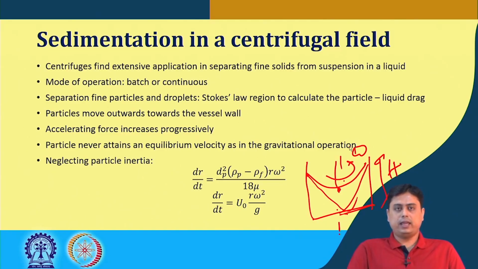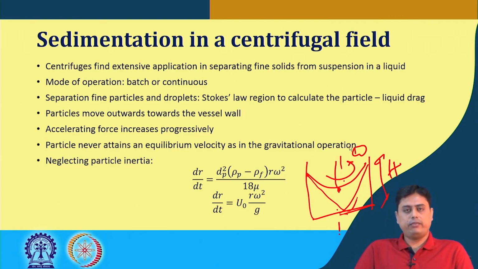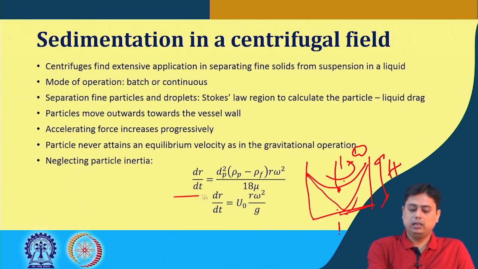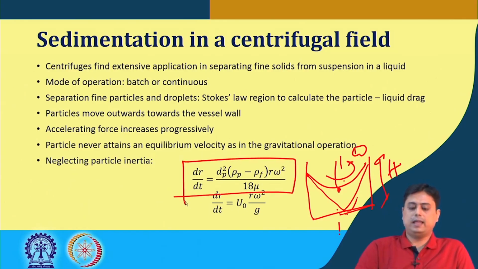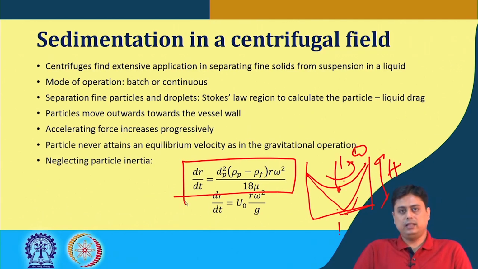So, in this case, if we neglect the particle inertia, because we consider the particles to be very fine, so the inertia effect of the particle if we can neglect, then the velocity of the particle can be written in this form, assuming the Stokes law is valid in that region,